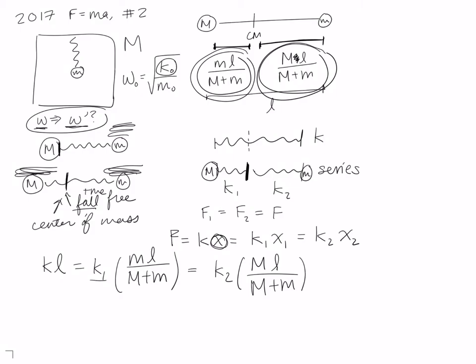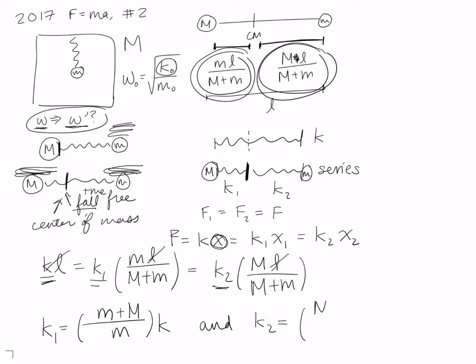And so now we can easily solve for the relationship between K1 and K, and K2 and K. So we can cancel out the L's on all sides to get that K1 is equal to large M plus small m over small m times K, and that K2 is equal to large M plus small m over large M times